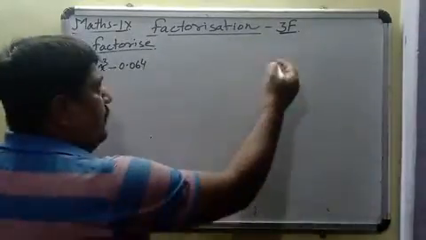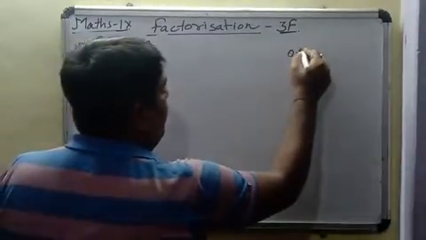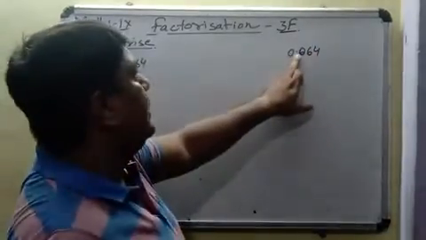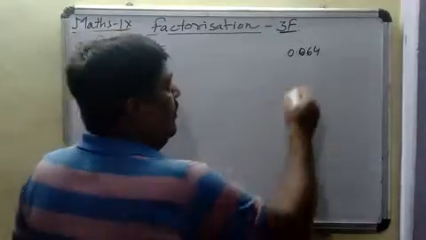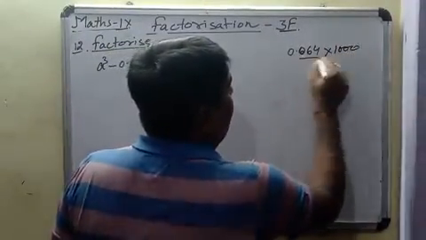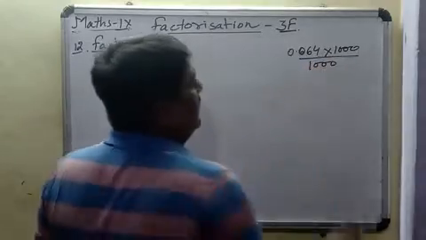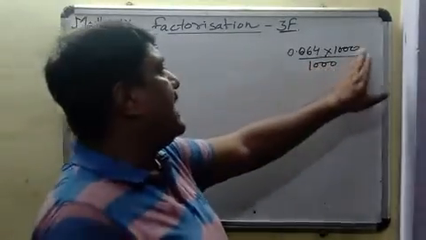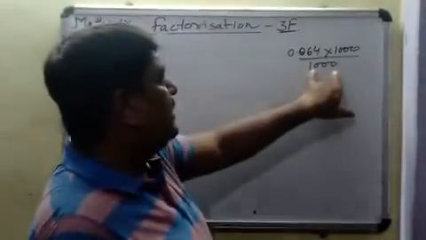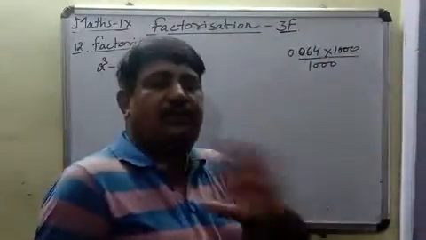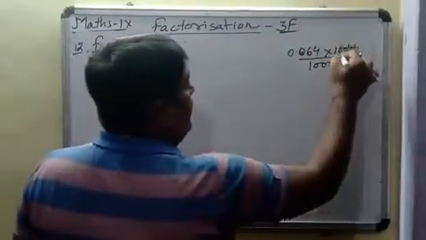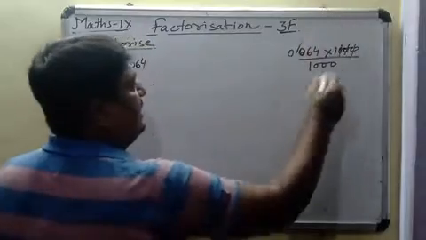See, write down over here the value 0.064. We need to get rid of this decimal, so it is a 3 place decimal, multiply it with 1000 and divide it with 1000. We multiplied and divided by 1000, so there will be no change in its value, because we multiplied by as much as we divided by. But the benefit to us is that 1 2 3 zeros and this decimal 3 steps are gone.